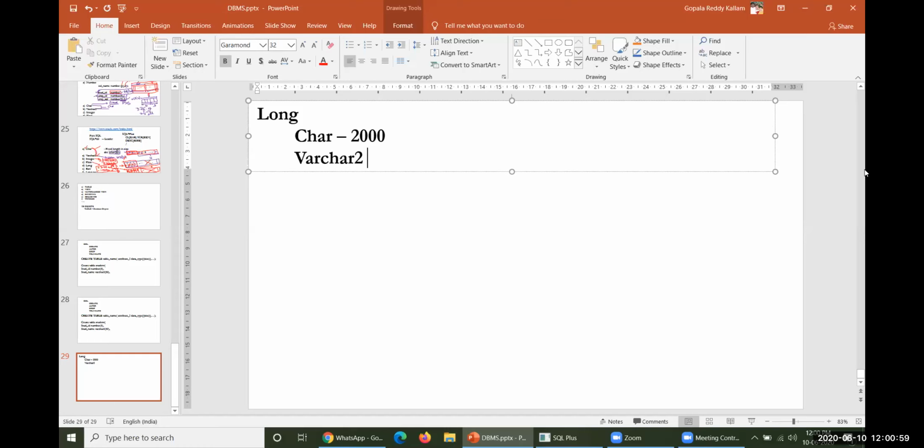Maximum of 4000 bytes, not more than that. If it increases beyond 4000 bytes, you don't have any facility to store extra information in that particular column.